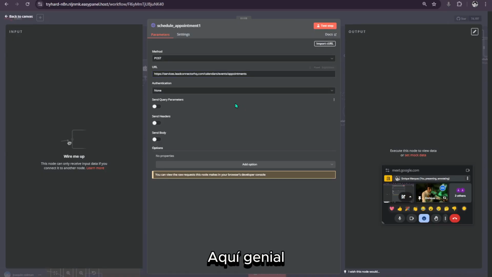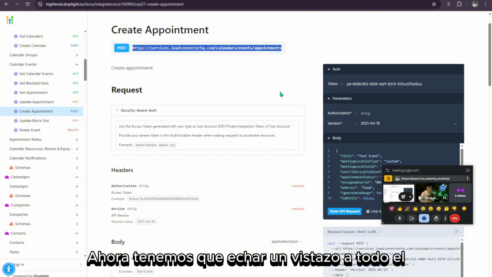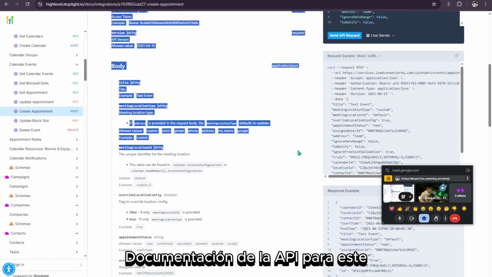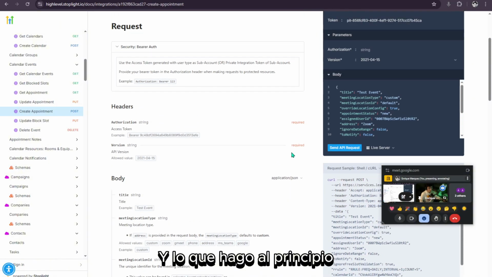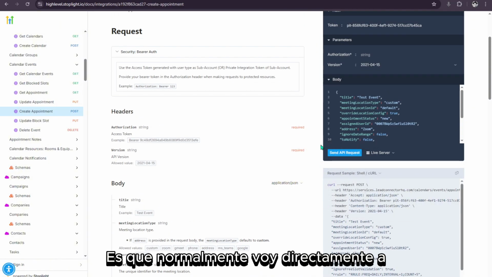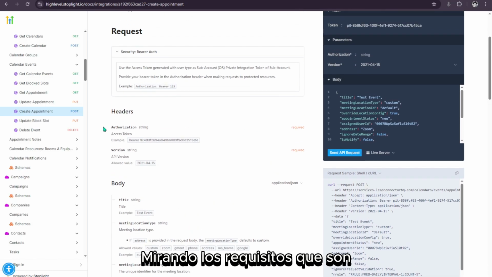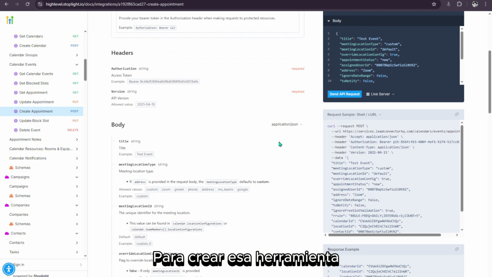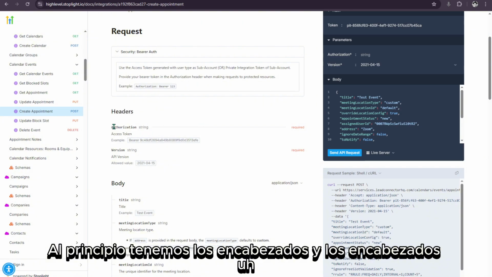here. Cool. Now we have to take a look at the entire API documentation for this specific tool that we're going to create. And what I do at the beginning is I usually just go straight into looking at the requirements that are needed for that HTTP request to create that tool. And we can take a look at the headers at the beginning. At the beginning, we have the headers, and the headers are